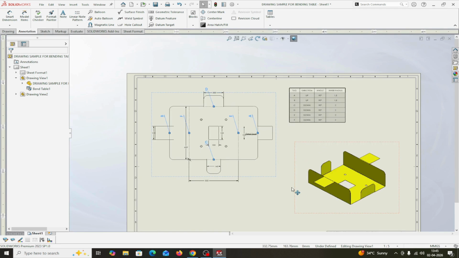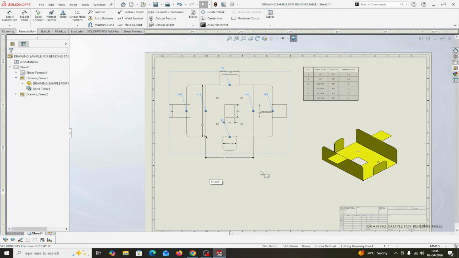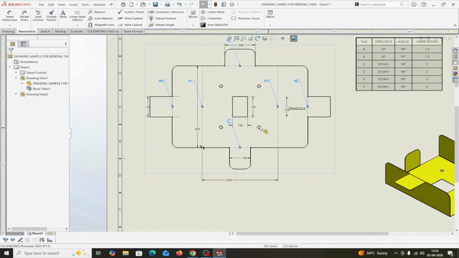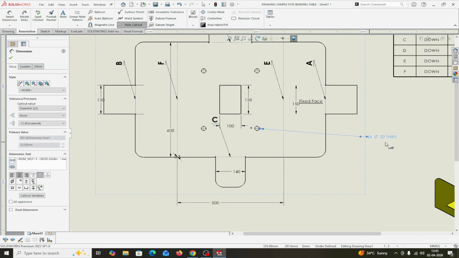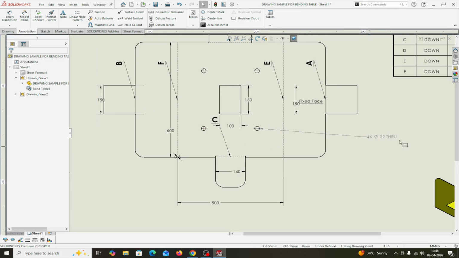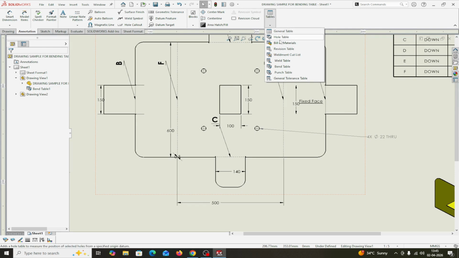Okay, suppose you want these holes, these are the hole callouts. You can bring here this one, hole callouts, 4 holes into 20 into 3 through hole, 22 mm dia for this one. Suppose you want to create a table for these holes. How can you create? So tables, this is the hole table,